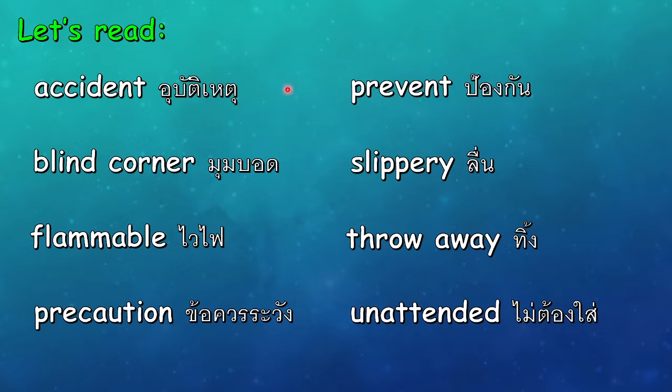Okay. Now, when you say blind corner, this one is not about a person on the corner. This one means it is a place, usually a corner. When you say a corner, this is like a wall and then another wall. So you don't see what's over there. When you say blind corner, you don't see the back or what's coming. If there's someone coming or if you will bump into someone, that's a blind corner.